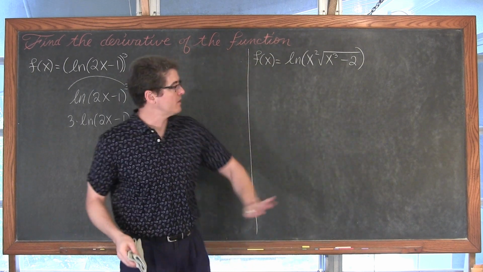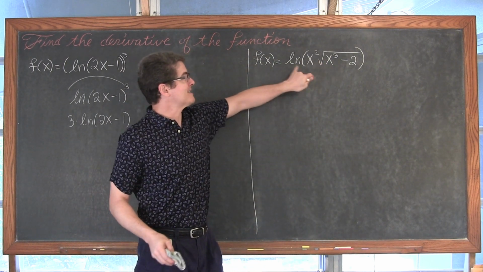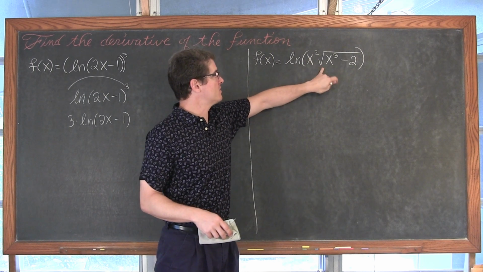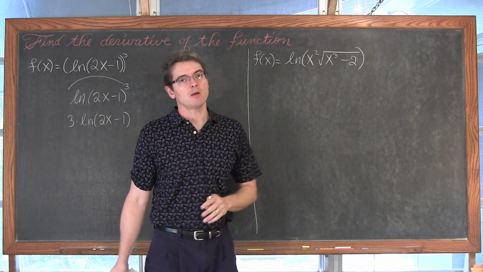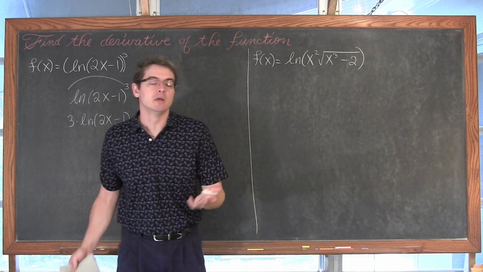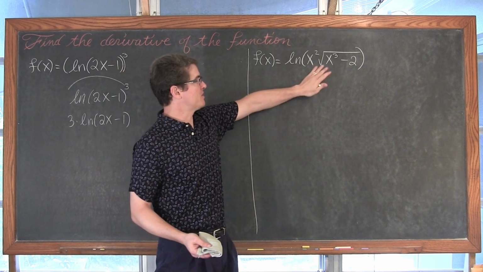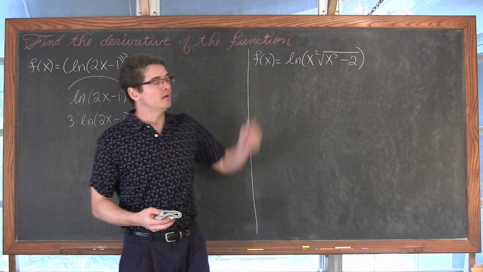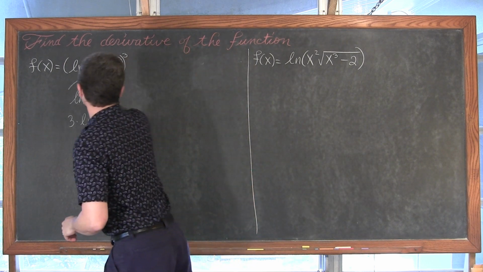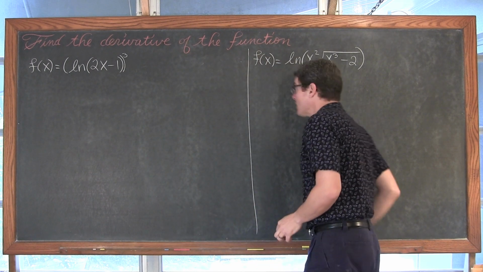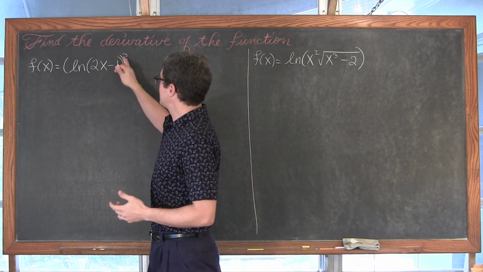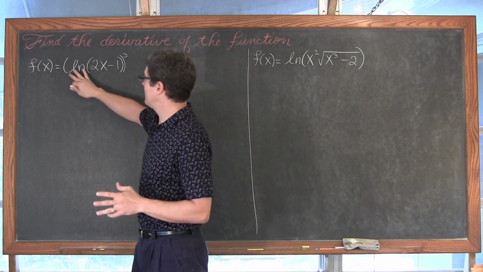Now over here, I have a lot more going on inside the natural log function, and I could use some of these properties. Well, I don't need to. I could make things more difficult on myself, and use some of the properties to expand that natural log function before working through it. But here, we're going to take the 3 and use the chain rule.